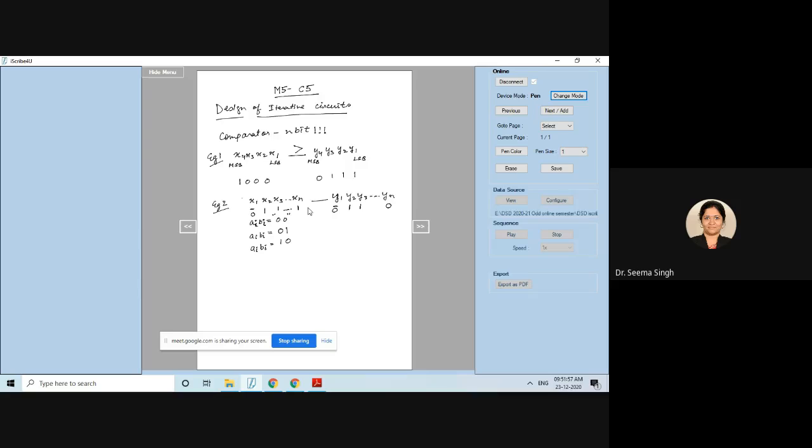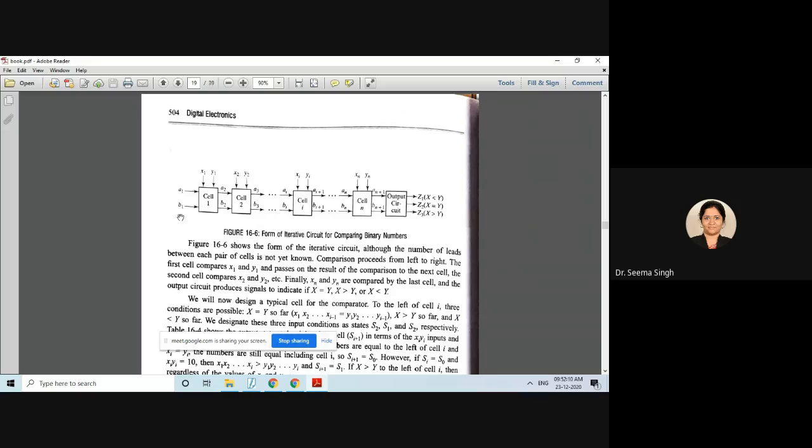And if my x is higher, the state will change to 1 0. And of course, there is no 1 1. This is don't care. So the state will transfer the information. That means if it will start with a 0 0 only, it will compare x1 and y1. If it is 1 1 or 0 0, means a2 and b2 remains equal, means 0 0. And this goes on till the end, and then I will have an output circuit which will decide